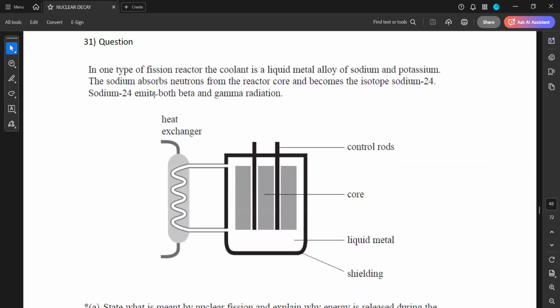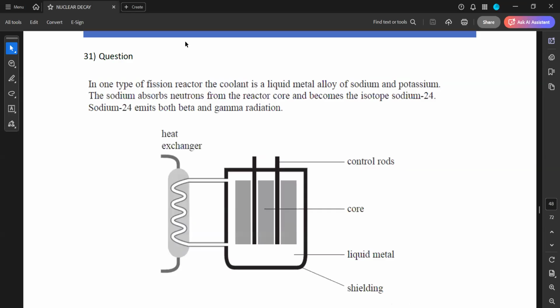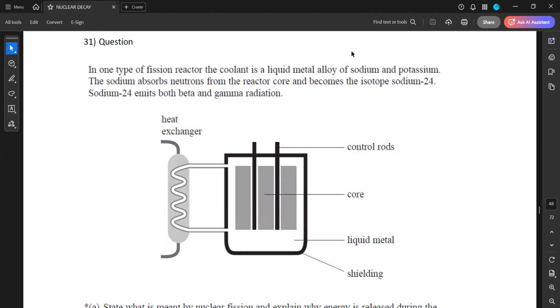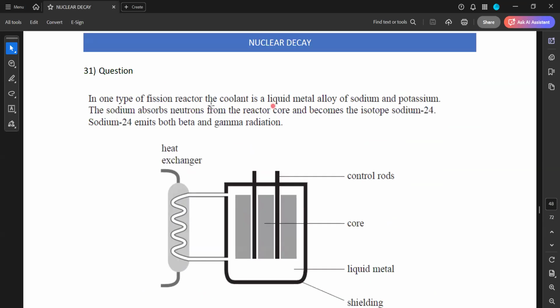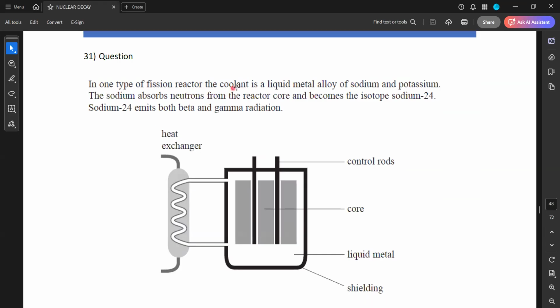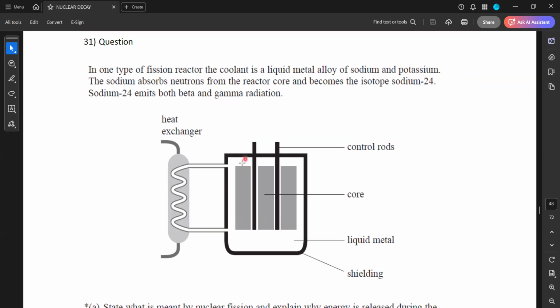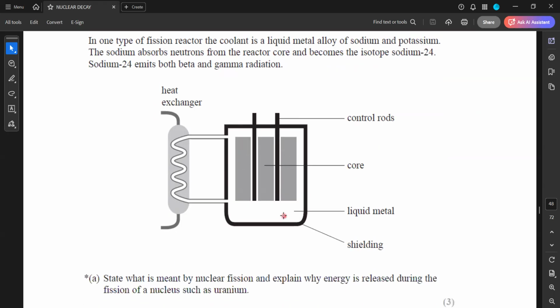In one type of fission reactor, the coolant is a liquid metal alloy of sodium and potassium. This is a question about a fission reactor, as compared to nuclear fusion. The sodium absorbs neutrons from the reactor core and becomes the isotope sodium-24. Sodium-24 emits both beta and gamma radiation. So you can see the control rod, a liquid metal, a shielding, a core, and a heat